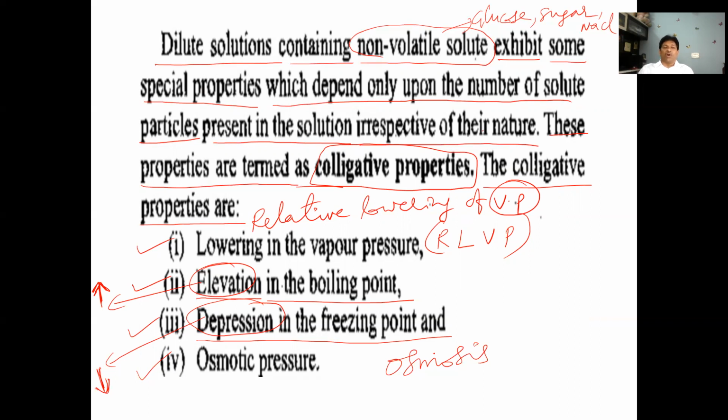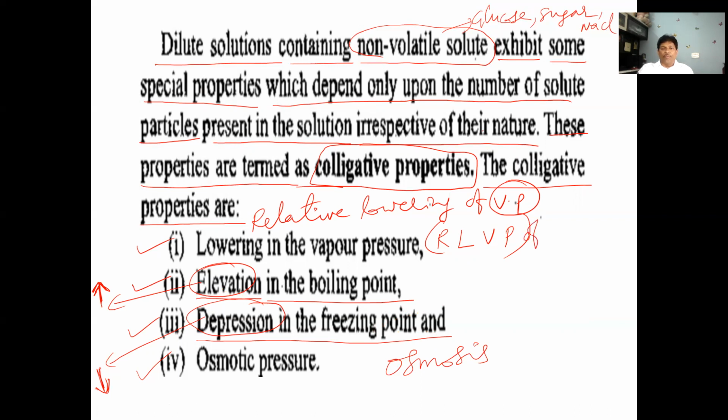Osmotic pressure, depression in freezing point, elevation in boiling point and lowering in the vapor pressure. These are the colligative properties of dilute solutions. This part of the solutions chapter is very important to remember. Now, the first one is about lowering of vapor pressure, the relative lowering of